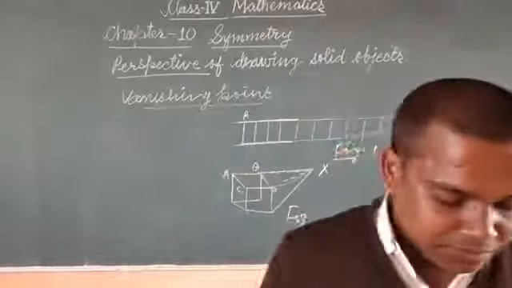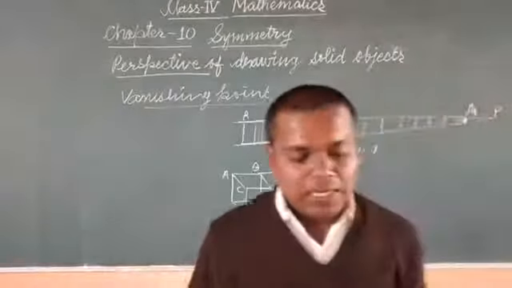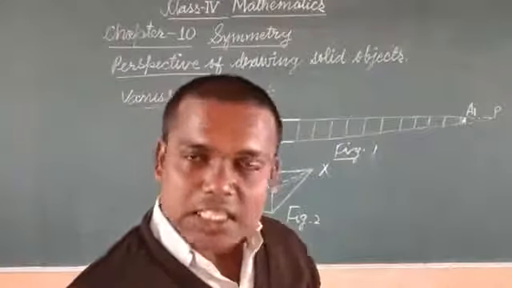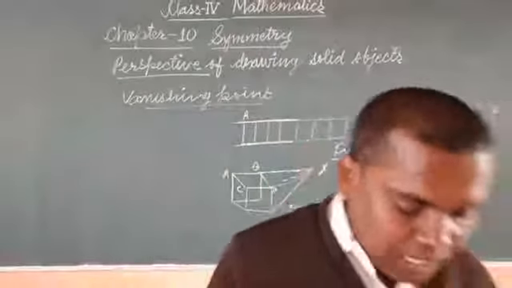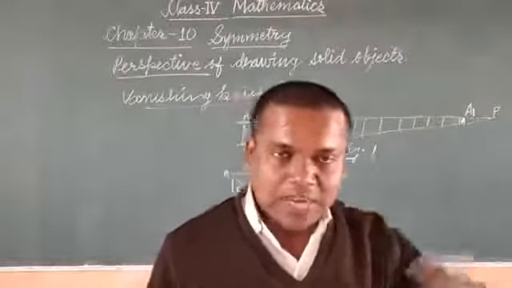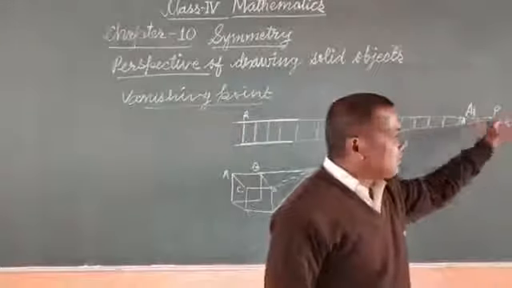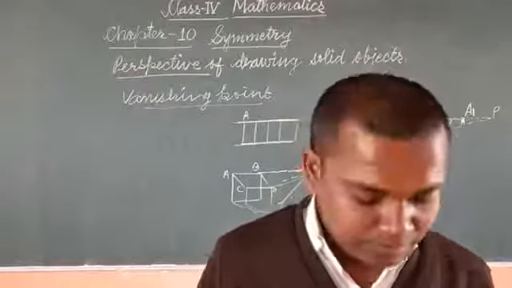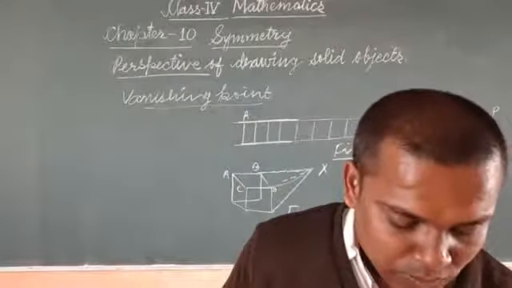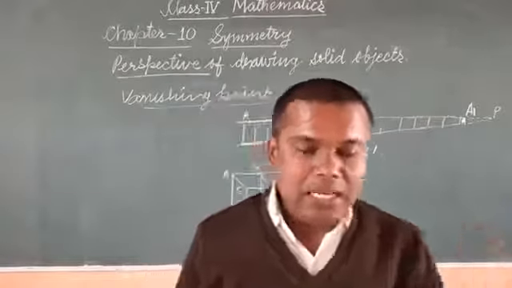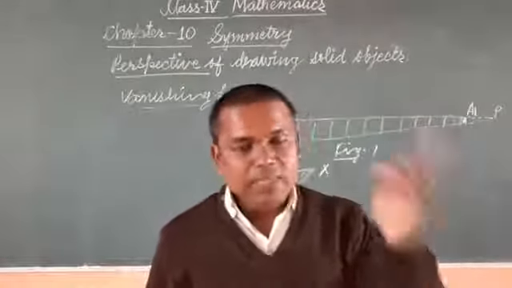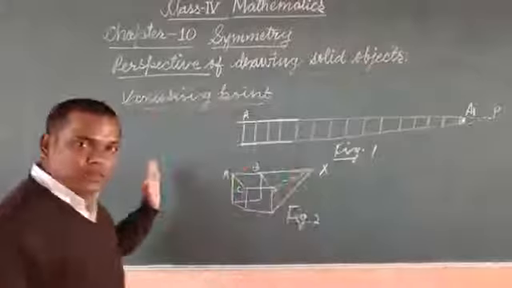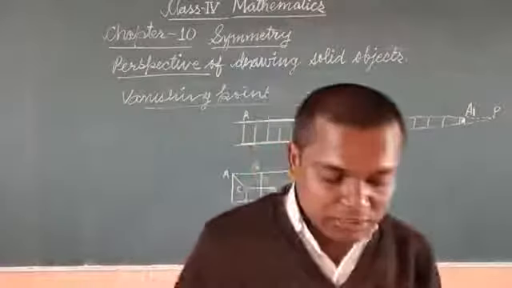Okay. Now here, railway lines which are parallel lines seem to meet at a point after a certain distance. In perspective view, it seems that after that point the rail lines vanish, meaning there are no rail lines after that. It seems so, but actually it does not happen. That is why this point is called the vanishing point. But in real life, parallel lines never meet at a point. This is only possible in perspective. So you have to understand this one.